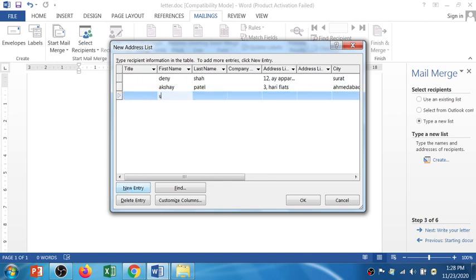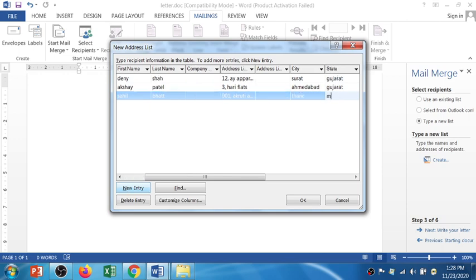New, let's say Sahil Bhatt, 901 Apartment, Thane, Maharashtra.